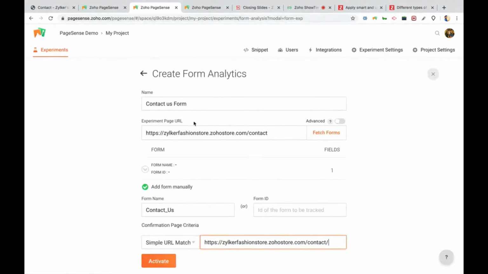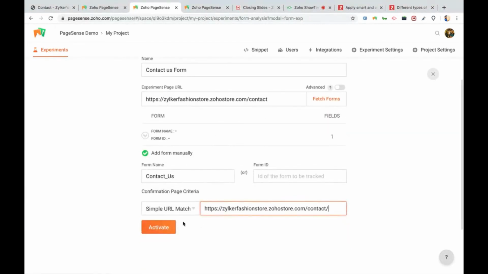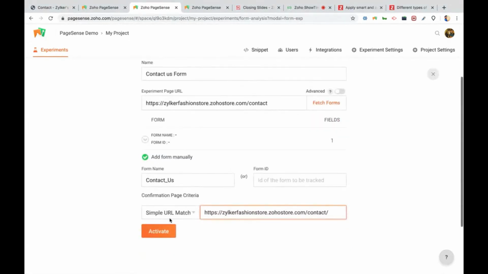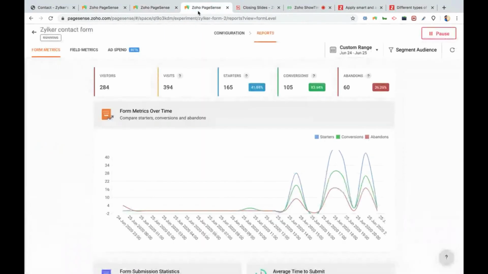Please note that I just wanted to show you all the options, so that I wanted to make sure everything is known. It is not that complicated when you go for it. You could easily activate it from your end. And once you do that, you'll be able to see a report something like this when you run a form. So this is the form analytics report.